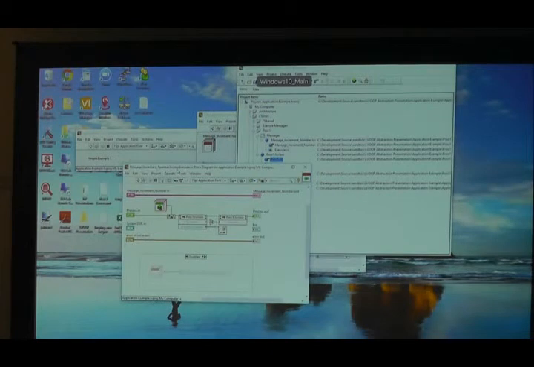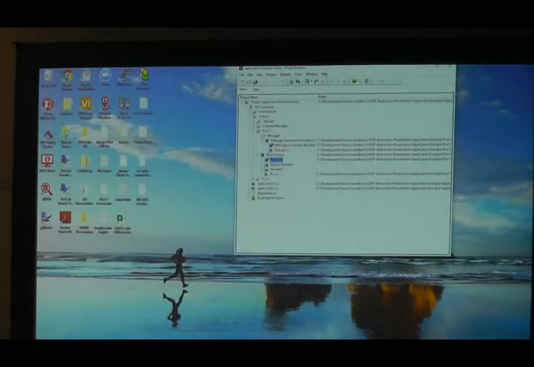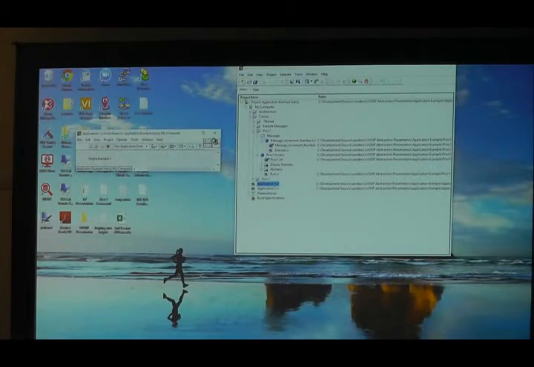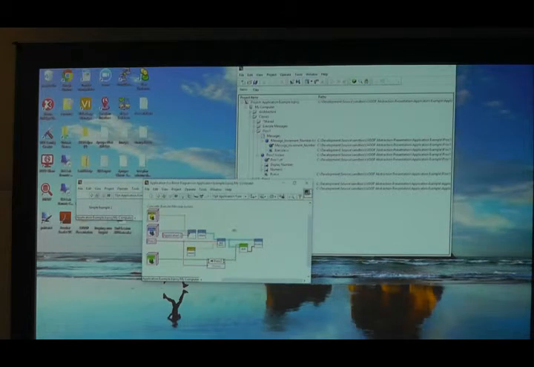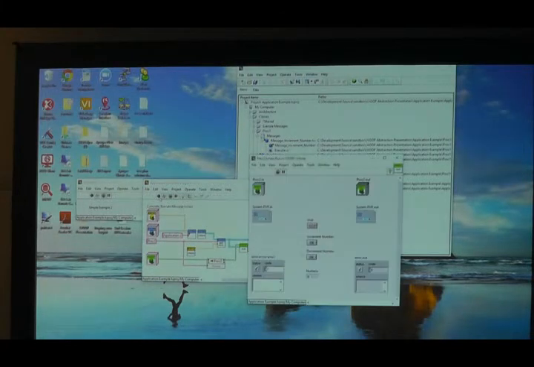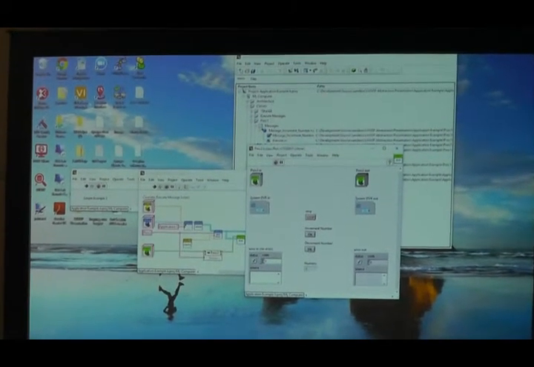So if you look at that one, we'll close out this one first. All right. So here we've got our increment number, but we also have the decrement number. So you can see it functions.